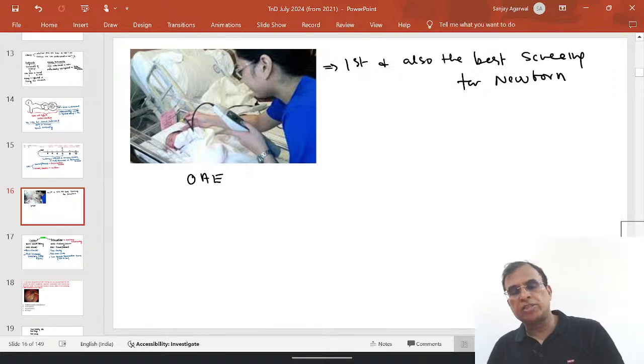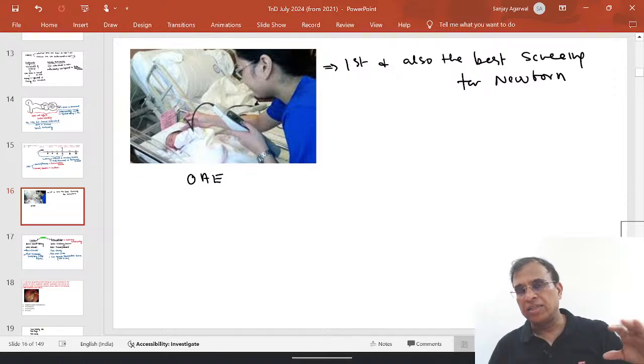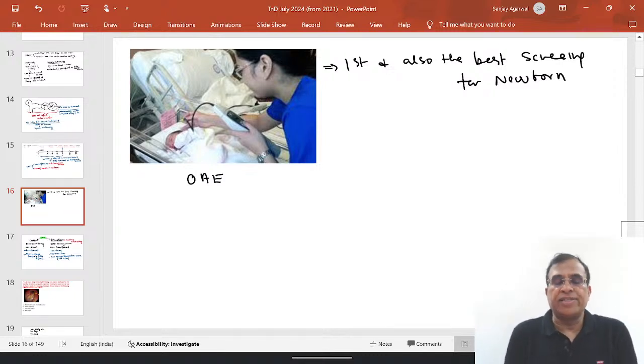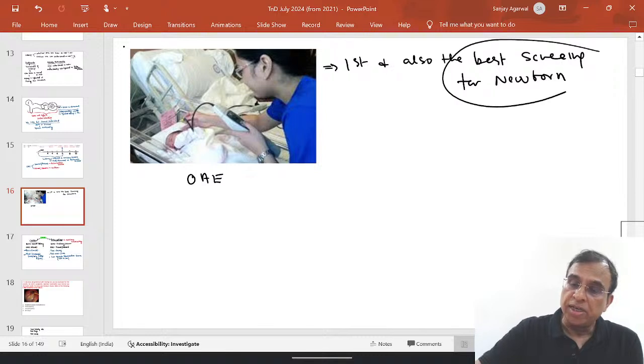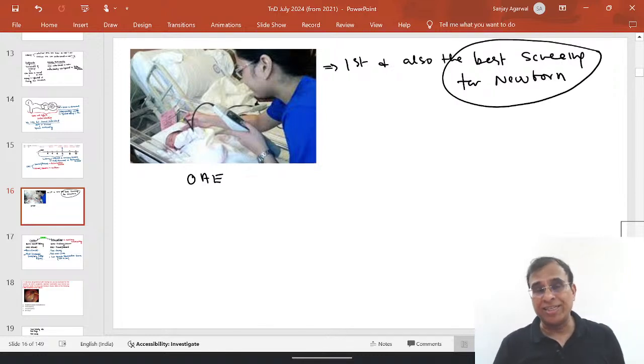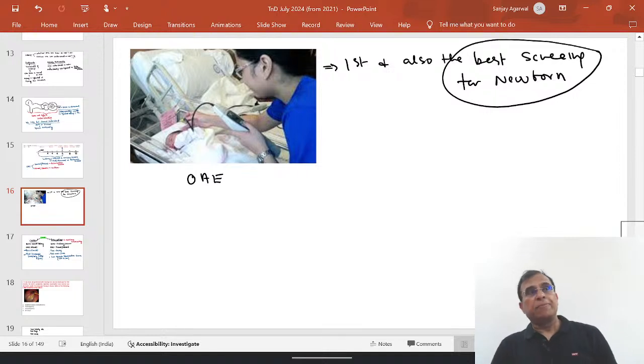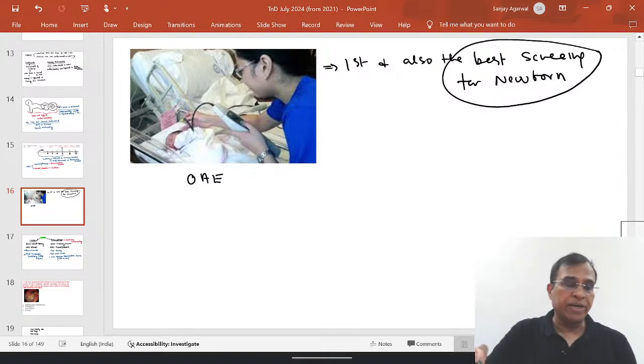Right. OAE is the first test that is done. There is no doubt about this, that this is the first test that is done for newborns, because it's a very simple type of test. But when I say it is the best test for screening in newborns, now this might be a controversial sentence. You might argue that BERA is best, which is not a wrong sentence to say, because BERA gives better